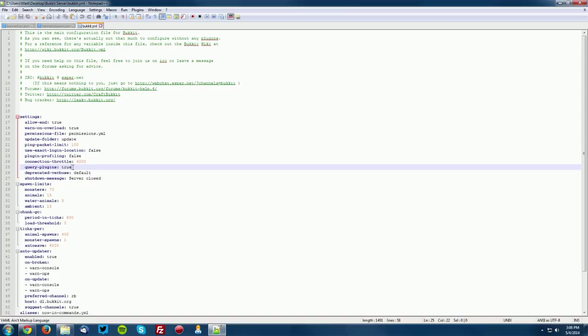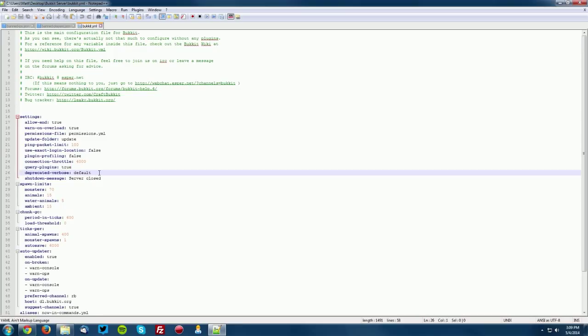Query plugins will allow the plugins to be queried remotely, so if you need to get information from the plugins, maybe things like Dynmap, which is something we'll get into, things that require a web server, if this is false, they will not be able to do that. Deprecated verbose is the command prompt will show